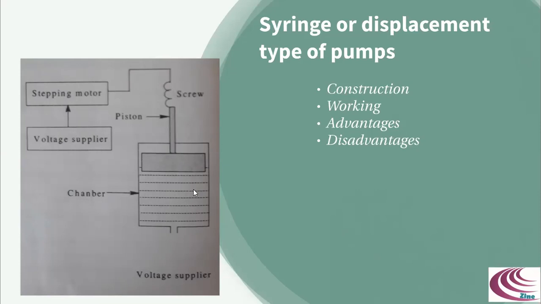In advantages, we can quote that displacement pumps produce a pulse-free flow, since the continuous and uniform movement of the stepping motor with the help of the screw delivers the mobile phase continuously to the column. In these pumps, the flow rate is independent of the back pressure in the column and viscosity of the mobile phase. Whereas in disadvantage, the internal volume of this pump is sufficiently high, which makes it difficult to replace it by another solvent. Hence, this pump is not suitable for gradient elution.